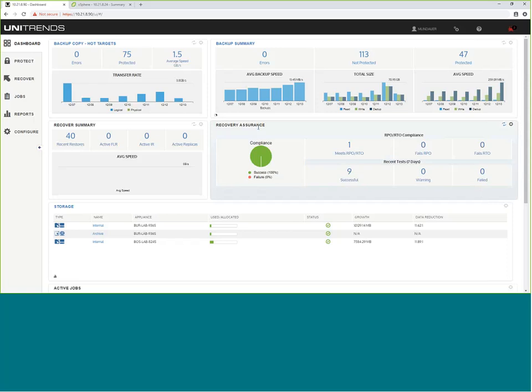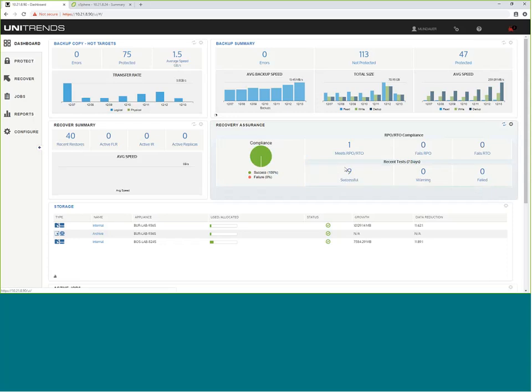So here we see our recovery assurance dashboard tile talking about the success of recovery testing. Did we meet those RPO and RTO objectives? And the executable tests that we chose to run in each machine, were they successful? These tests can range from PowerShell scripts, malware scans, Windows service tests, or even application-specific testing like Exchange, SQL, checking a SQL instance, or running a query with a validated output.